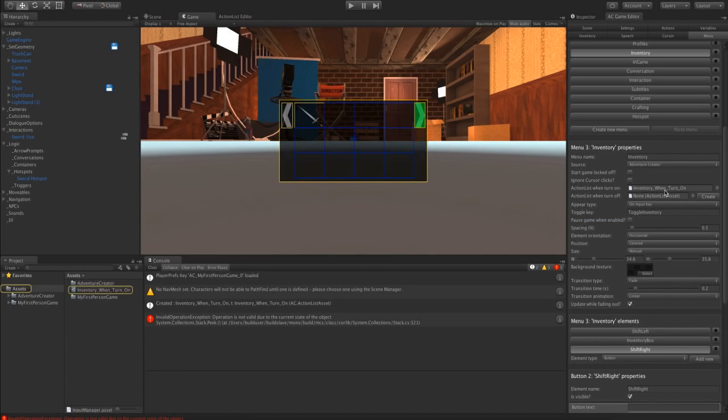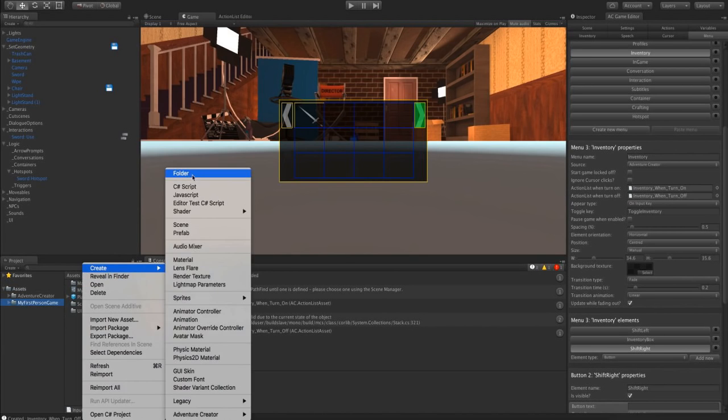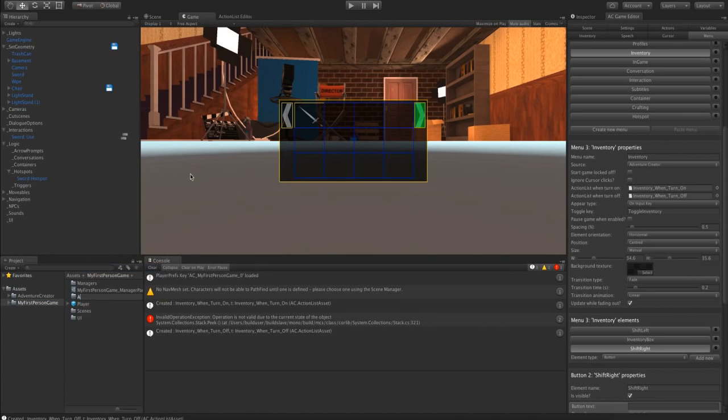So I'm going to create both of these automatically, and they're both put here in our assets folder. I'm going to move them into a new subfolder. I'll create a folder, action lists, and I'll move both of them into that. So we're just going to use these action lists to enable and disable free aiming.